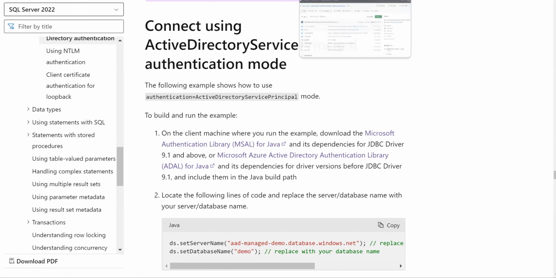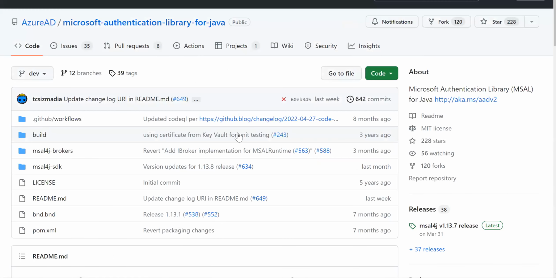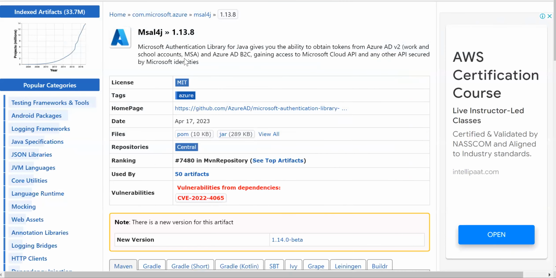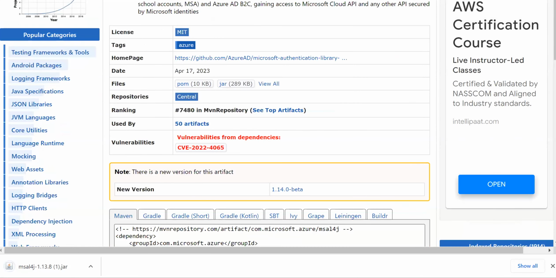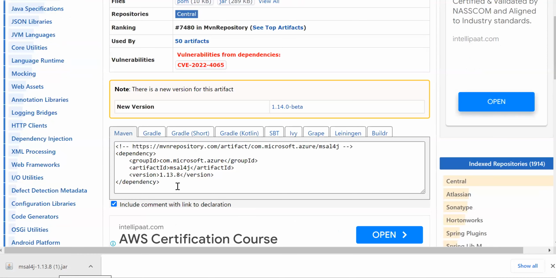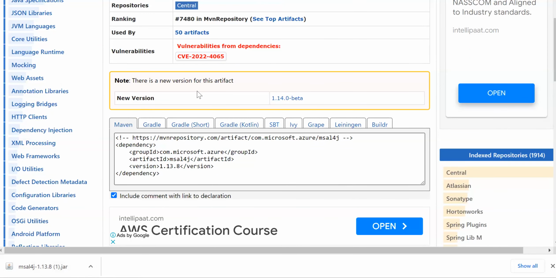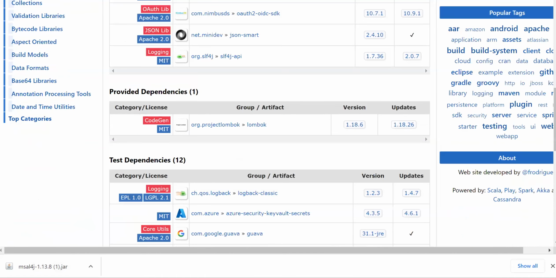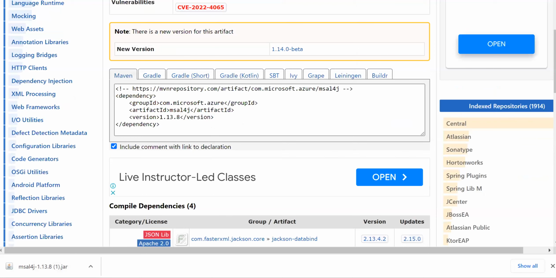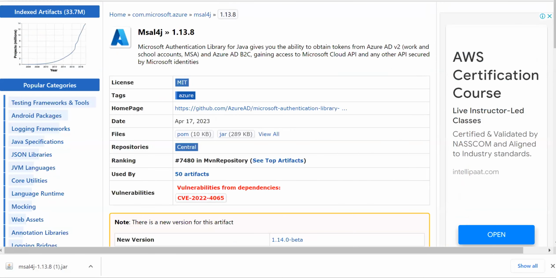So this MSAL4J has a lot of dependencies. For this particular jar, which is on my MVN repository, apart from this MSAL4J jar, we have all these dependent jars required for the connection to be established successfully. So you can either download it from mvnrepository.com or you need to have your third-party libraries where you can use